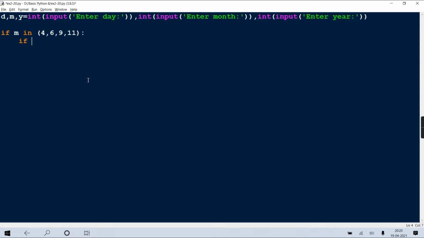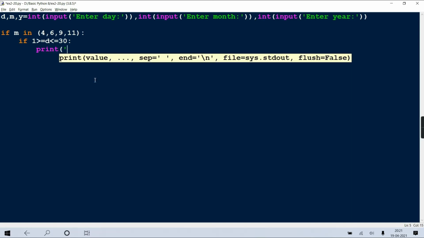Yes. So sir, now if month is between this 4, so I'll check whether day is between 1 to 30. Okay? See. 1 greater than equal to D, and less than equal to 30. If your day is in the range 1 to 30, say, D is greater than equal to 1 and less than equal to 30, so it is valid, because for this, the day has to be in the range 1 to 30.